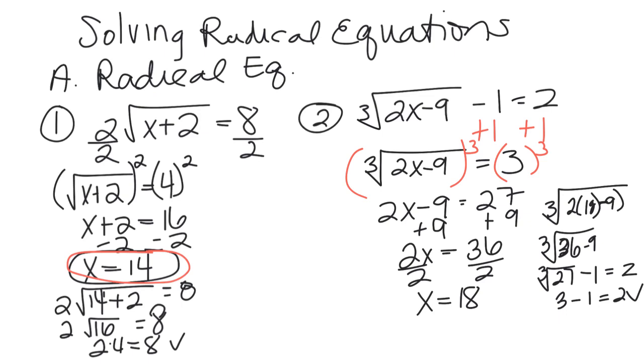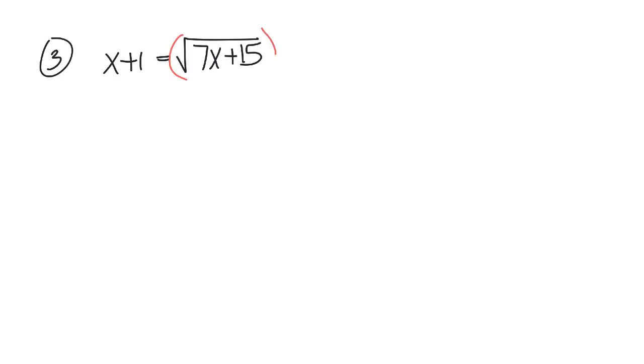Now, sometimes we have equations with variables on both sides. So we have x plus 1 equals the square root of 7x plus 15. Example 3. When this happens, this is where we really end up getting extraneous solutions because we're turning it from a square root equation into a quadratic. When we do this, we need to get rid of this square root, so we're going to square both sides,